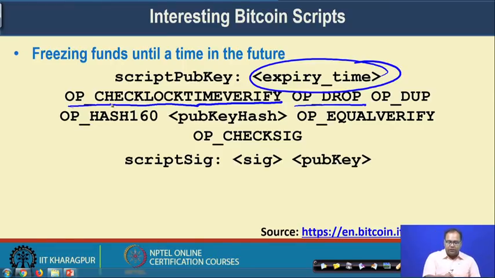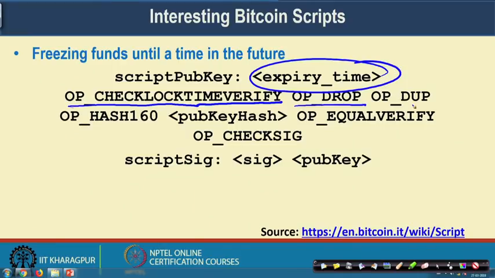So, if this operator OP_CHECKLOCKTIMEVERIFY finds that the current time is more than the expiry time, that means the time has expired, then it will skip this OP_DROP and come to the normal validation script, which was OP_DUP followed by OP_HASH160, the pub key hash, OP_EQUALVERIFY and OP_CHECKSIG.